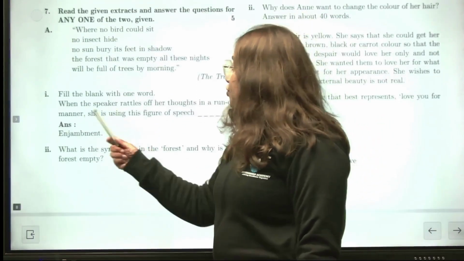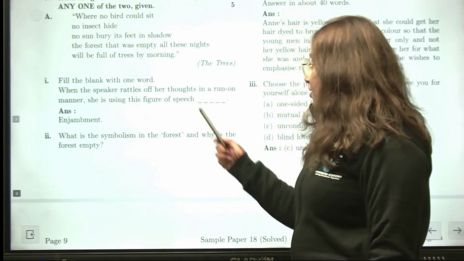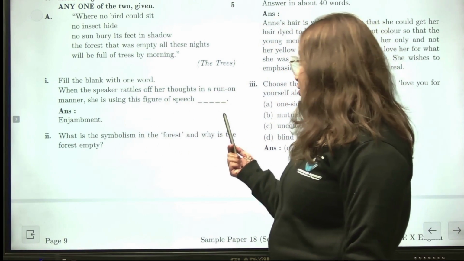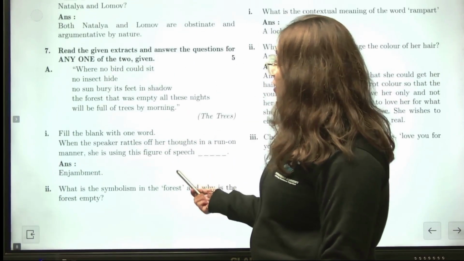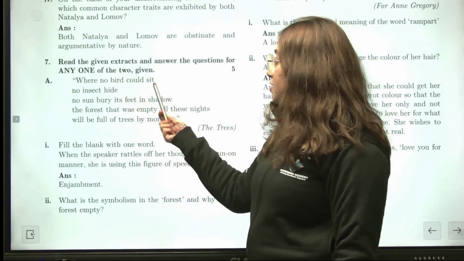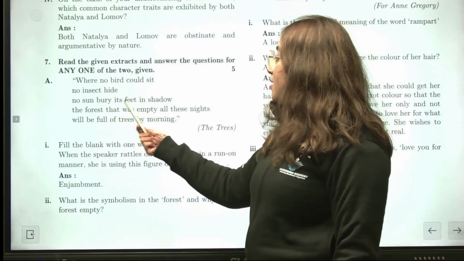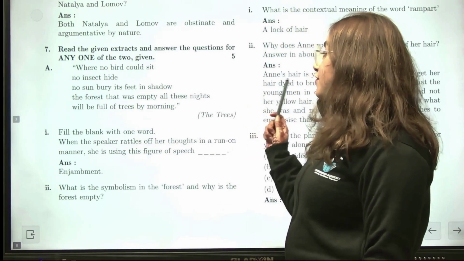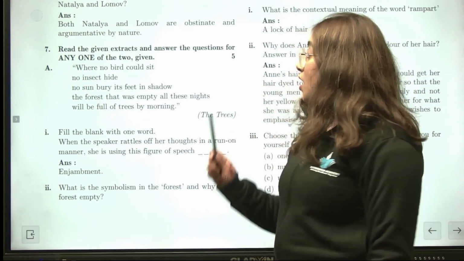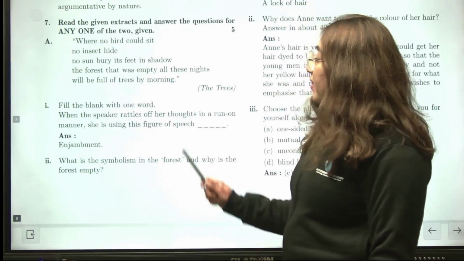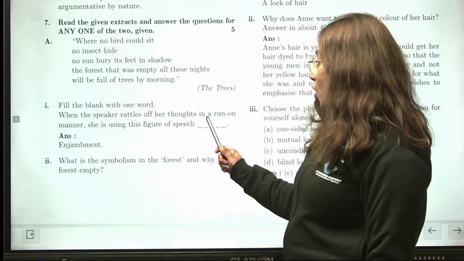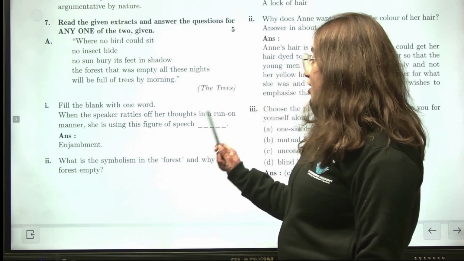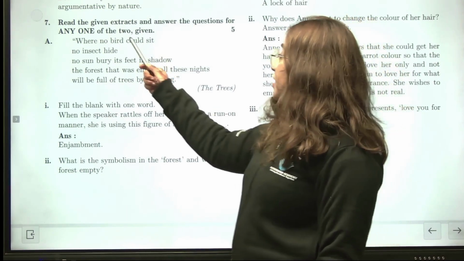Clear? So yes. When the speaker rattles off her thoughts in a run-on manner, she is using this figure of speech. ठीक है? So question RTC क्या है? Where no birds could see, no insect hide, no sun bury its feet in shadow. The forest that was empty all these night will be full of trees by morning. कौन सी poem है? The trees. ठीक है? When the speaker rattles off her thought in a run-on manner, she is using the figure of speech. So ये जो thoughts हैं